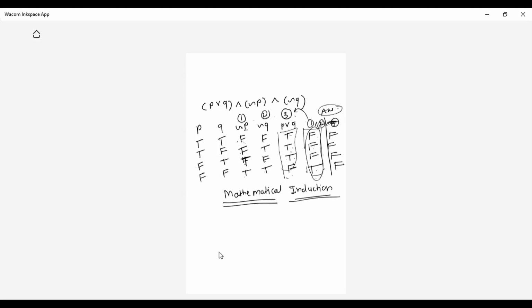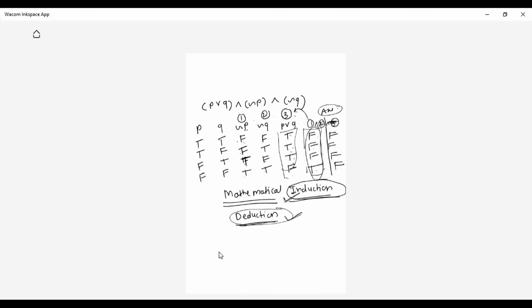Whenever the term induction comes into the picture, you will also have the term deduction. So what do you mean by induction? What do you mean by deduction? That you need to understand first. Once you understand these two terms, you will automatically come to know what mathematical induction is. So whenever I talk about deduction, student, deduction means what?